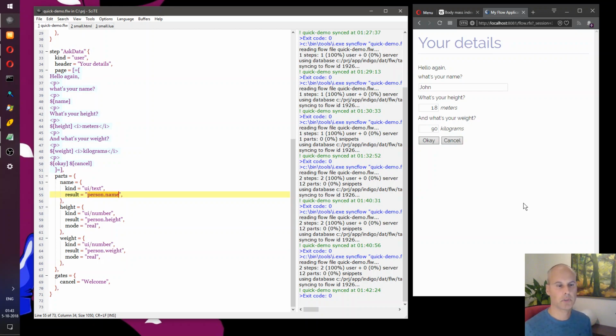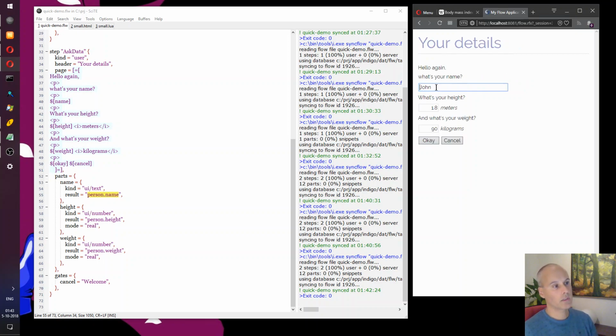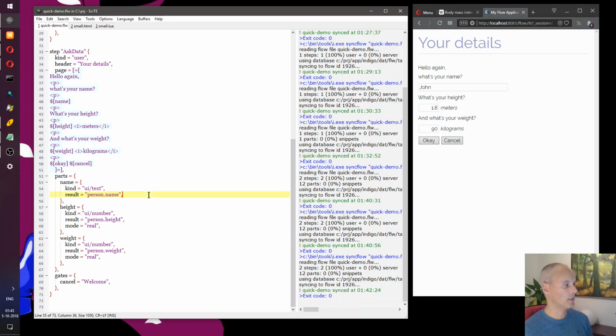The context is something like a data space that holds all these values. So even going back to the first page and then switching back again to the form, the parts know that they can pick up this value. And if you don't want this behavior, obviously a smart thing to do is simply clear the values, but we won't do that here.